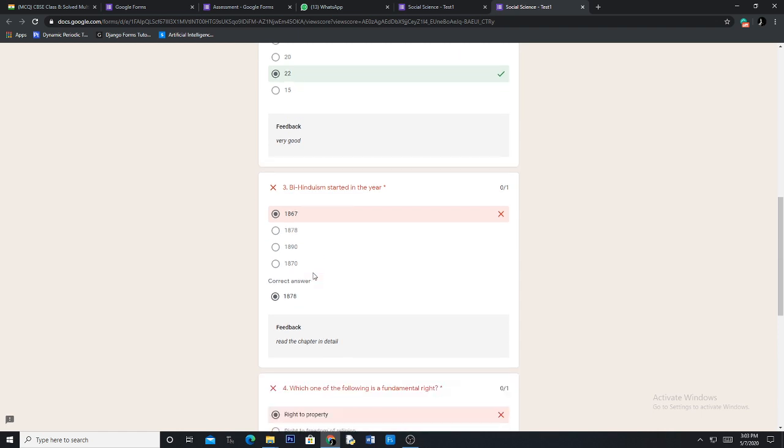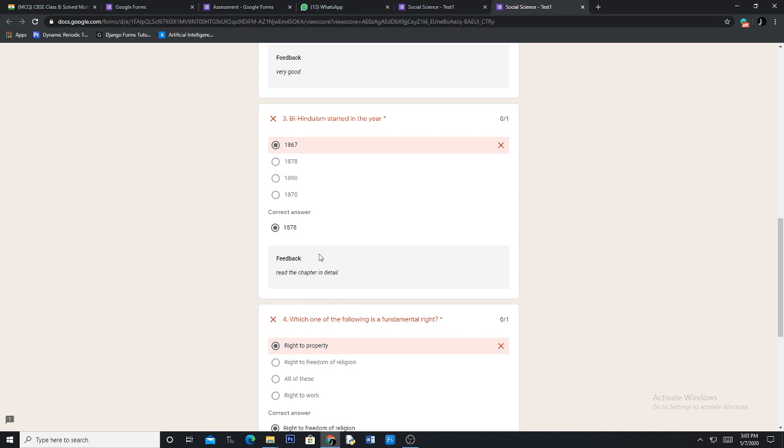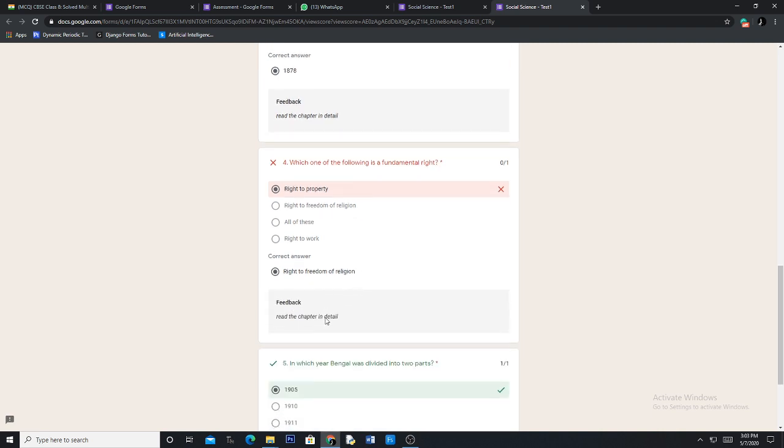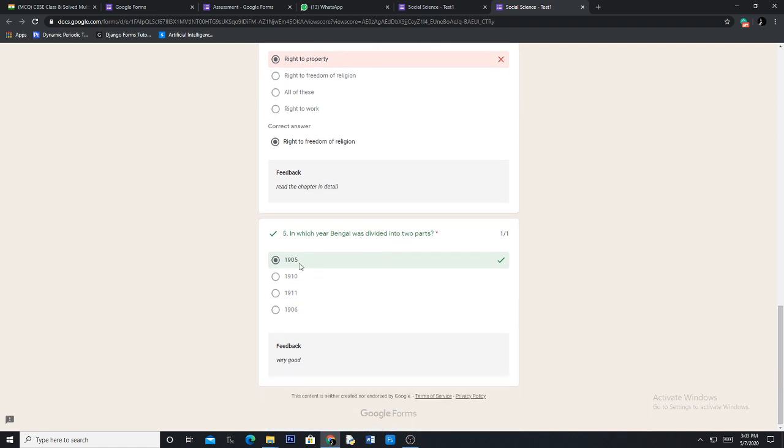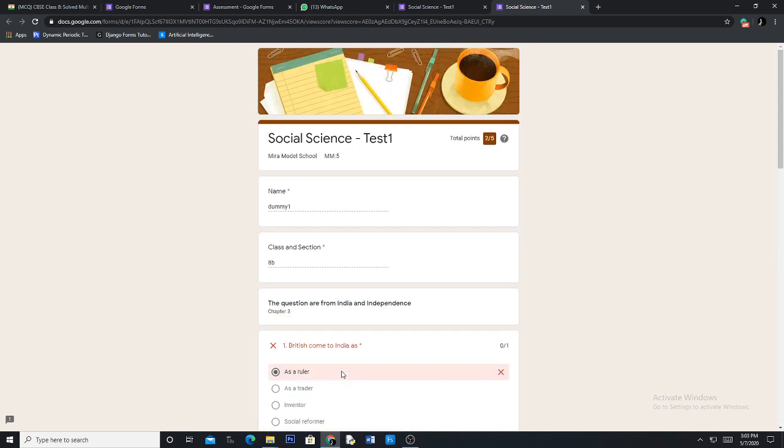Here it is wrong, since you have duplicated the questions. Here you have given the feedback as "read the chapter in detail", if you remember. Similarly here also "read the chapter in detail" for an incorrect answer. Again for a correct answer, the feedback is very good. Okay, this is for the student.